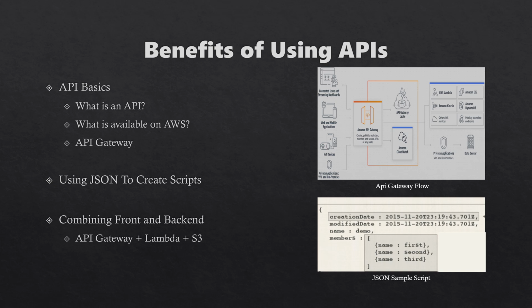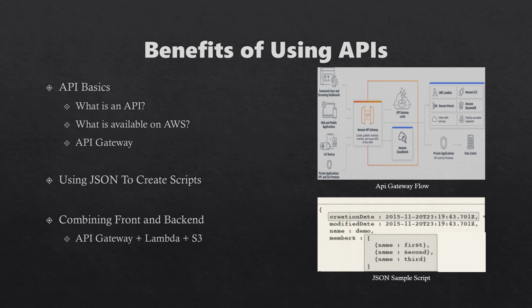The three types of interfaces available are REST, HTTP, and WebSocket. Through the RESTful API, we can perform several functions such as get, post, patch, and delete. This is the full suite of create, read, update, and delete, or CRUD operations. Being able to implement CRUD controls is a critical piece of any application. API Gateway is also very easy to work with SDKs through a variety of languages such as Java, Ruby, and JavaScript.